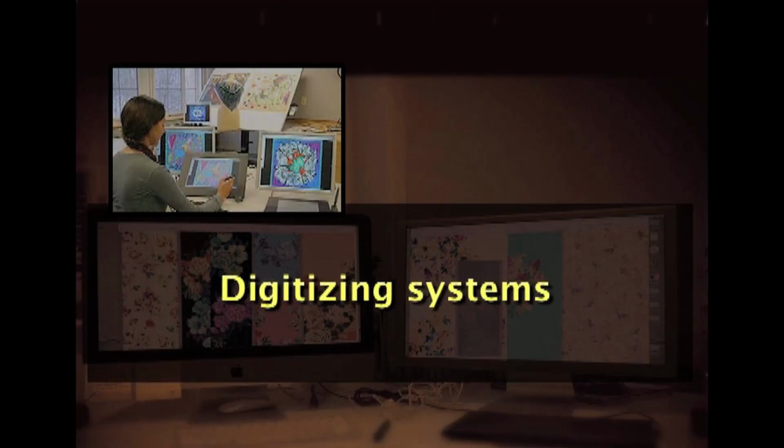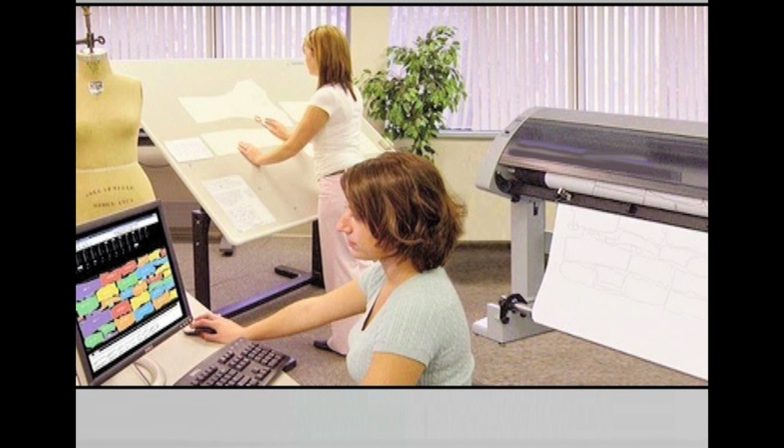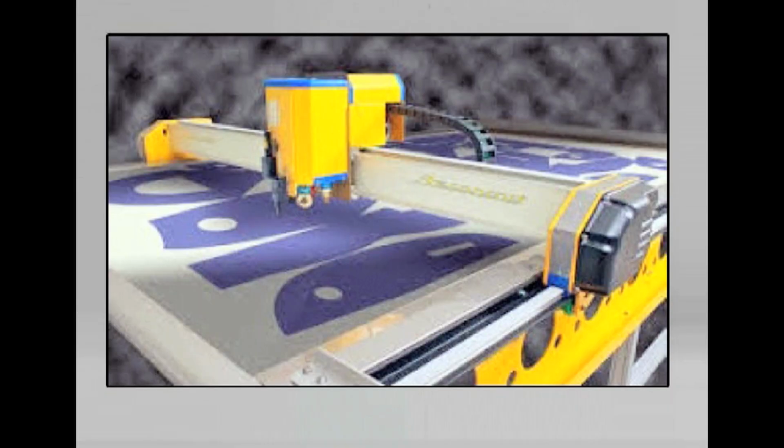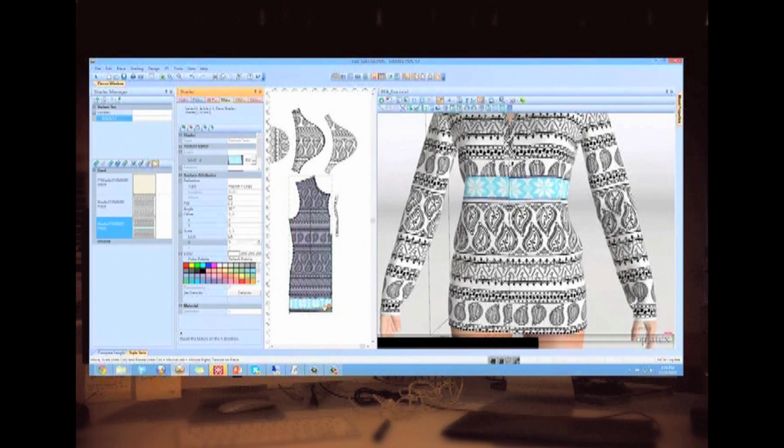Coming to the digitizing systems, manual patterns can be converted into the digital pattern with the help of the digitizer to aid further grading and marker planning. And coming to another module, that is computerized cutting, is the machine that cuts the fabric into pattern blocks as prescribed by the marker plan, which can be directly loaded using the PDS system. So, this particular module is attached to the machine itself, so that it takes up all the patterns and then it helps in cutting the individual patterns that belong to one garment.